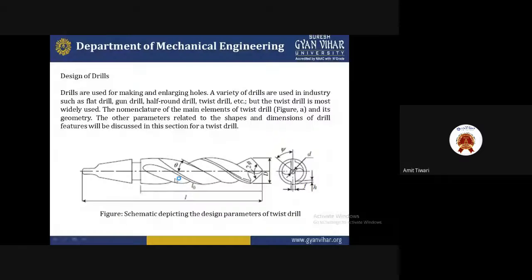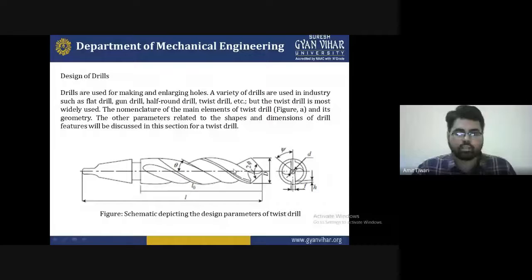Now we are using this type of parameter that affects the twist drill or any other type of drill, such as the half round drill, the gun drill, or the flat drill. All these types of parameters are not easily separated, and we have to consider that the drill features can be discussed. Size, which we are using, is L equal to 0 and L equal to L, where D is the diameter respectively.